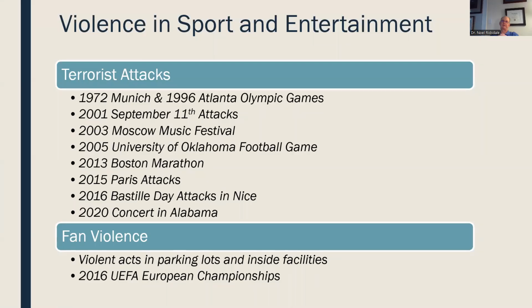Violence. These are just a few of them. Among these other ones, you've got the attack two years ago on the concert outside in London. One of the cities in the UK, I can't remember if it's London or one of the other ones. The concert that was in Alabama, I'm going to actually show you. We'll take a look at video from there. What happened in those areas. These are all areas where violence has occurred or something major has happened. And there are plenty more examples of that.